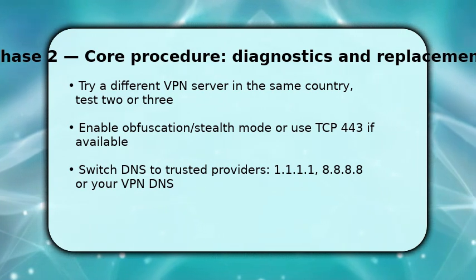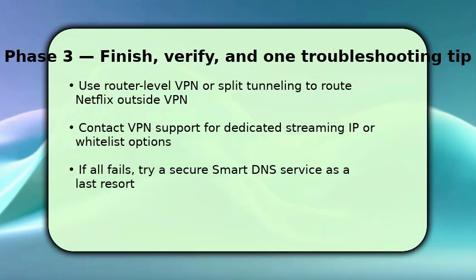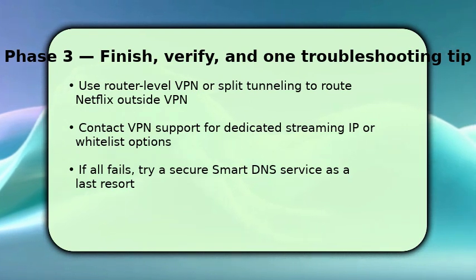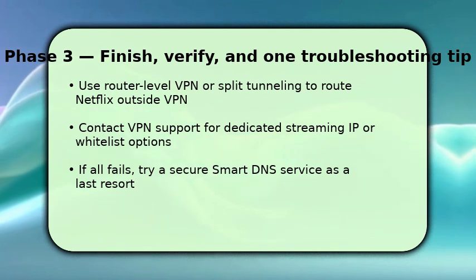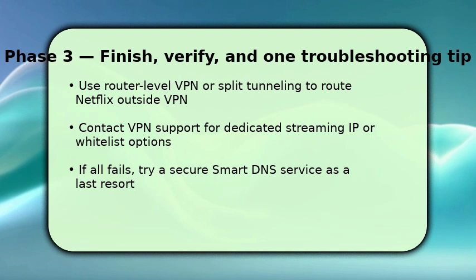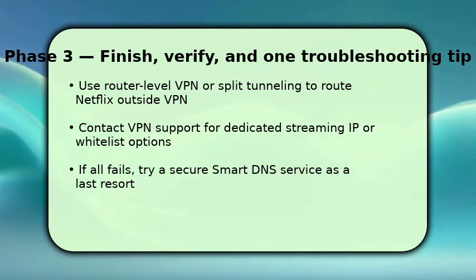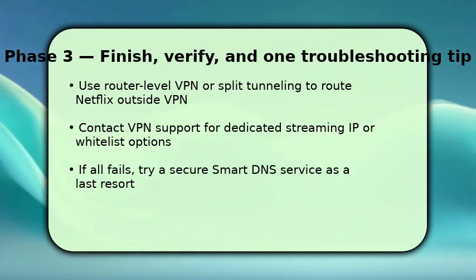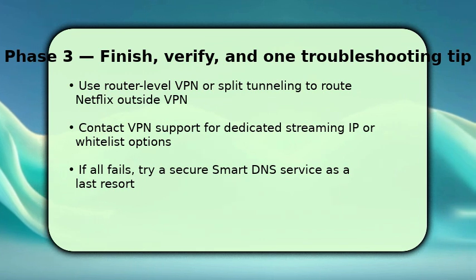For final fixes, apply advanced routing. Install the VPN on your router or use split tunneling to exclude Netflix traffic from the VPN so region checks pass. If problems persist, contact your VPN provider and request a streaming-optimized or dedicated IP. Providers often rotate or whitelist addresses. As a last, practical fallback, consider a reputable smart DNS service that only changes DNS for geo-unblocking without full tunneling. If you still get the proxy error,